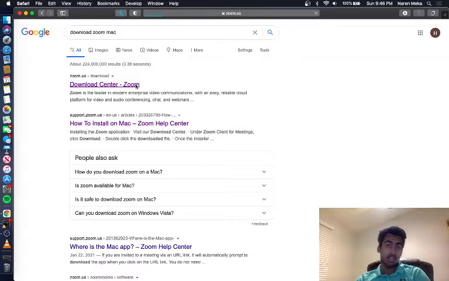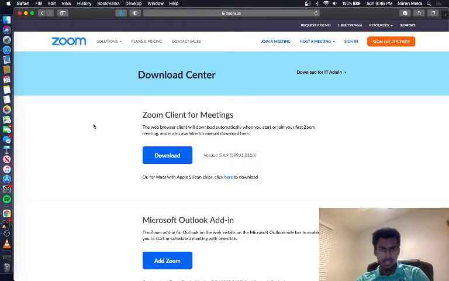hyphen Zoom dash Zoom. And when you click the link, you should come to a page that looks just like this. It should have Download Center at the top, and it should have a blue download button, and we want to click this download button, and it will take us to a